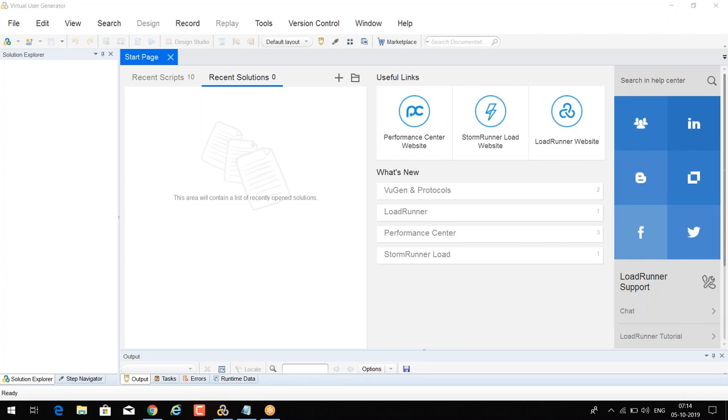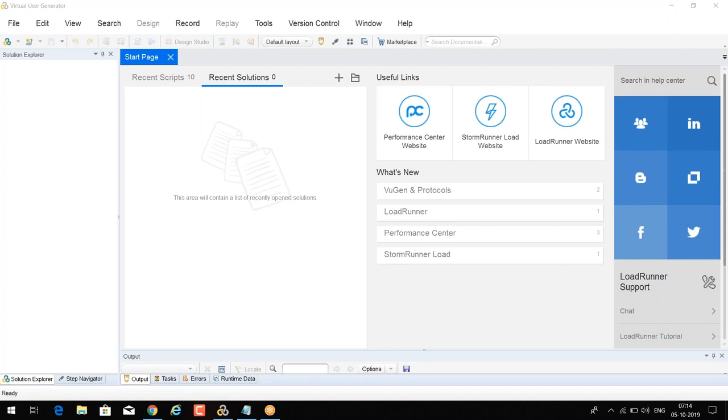Current applications are being built on modern JavaScript-based and HTML5-based technologies. To handle that kind of application and to record the real end user experience, we always choose the True Client protocol, because it simulates the real response time for that user.